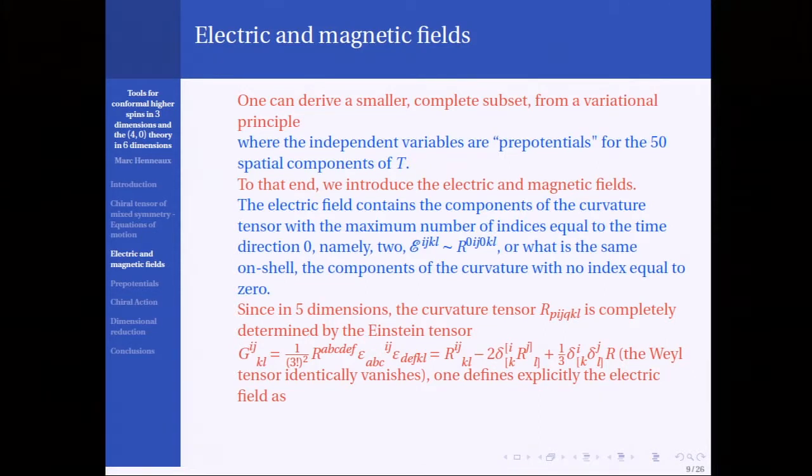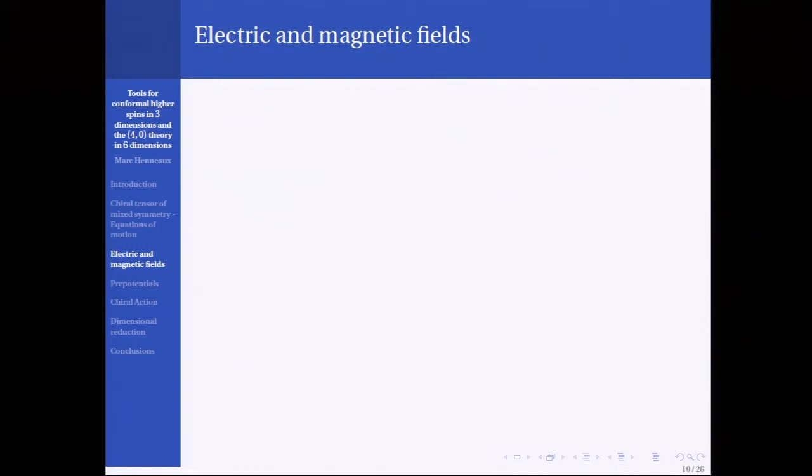Okay. Now this is an identity. That means that the Riemann is completely determined by the Einstein tensor, and so the explicit and precise definition of the electric field, motivated by what I said, is that the electric field will be the spatial Einstein tensor, so constructed out of the spatial components of the T tensor. Now, by construction, the electric field will have the symmetry of a 2-2 tensor, and furthermore, because of the contracted Bianchi identity, will be transverse.